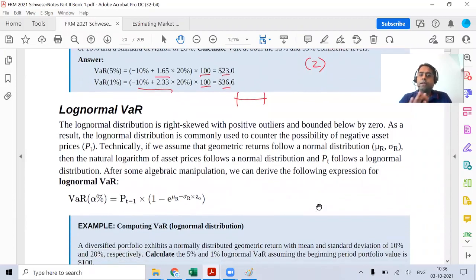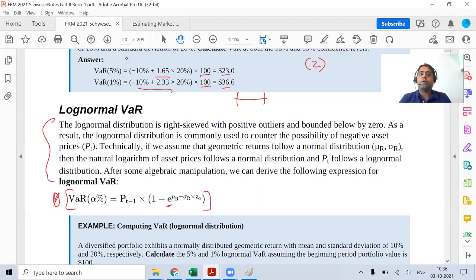The basic structure is the same. They first find the percentage VAR and then they multiply it with the asset value to find the VAR in dollar terms. But since it is continuously distributed, or primarily log normal distributed, you have this e in the logic over here. That is why this formula becomes slightly different. So you'll have to remember this part, marking it as star. Read this paragraph.